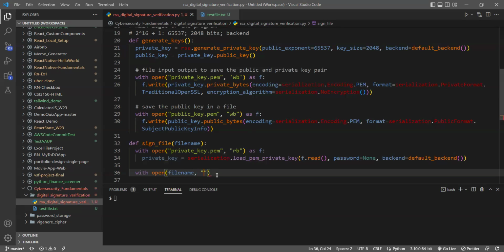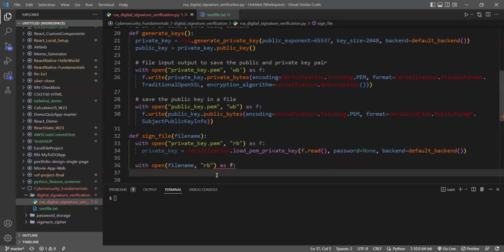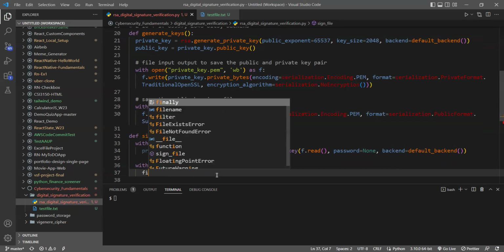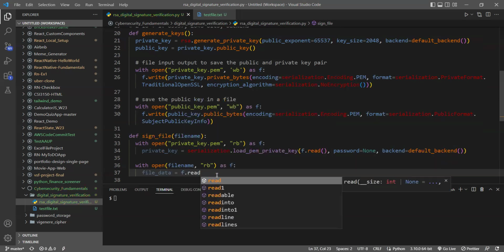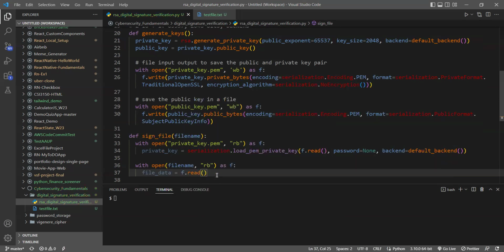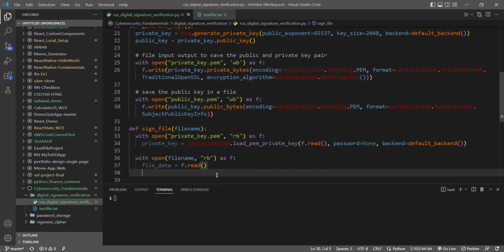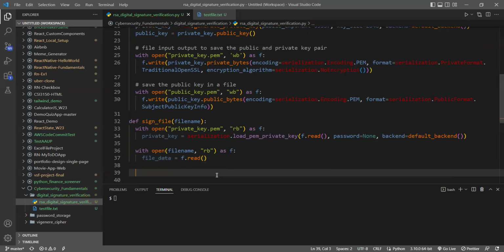So we will open this file in RB mode again, create an instantiation, F, and then here we will just create another variable, let's call it file data, and then the file data will store whatever the file read instance is grabbing, okay? And once this is done, we have the inputs that are necessary to perform our main operation within this particular function, which is to sign the file